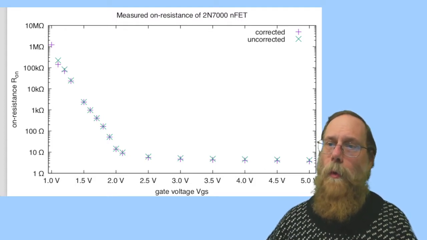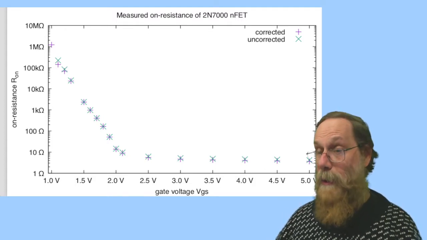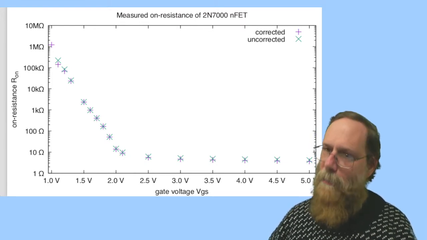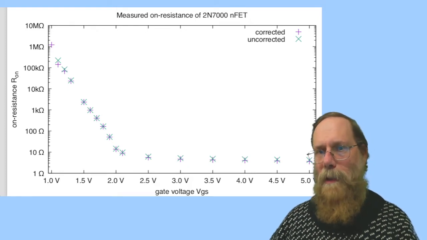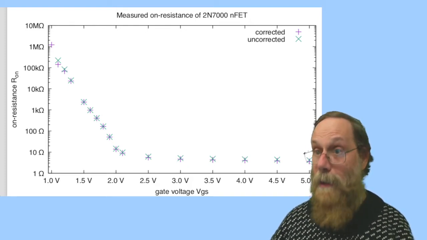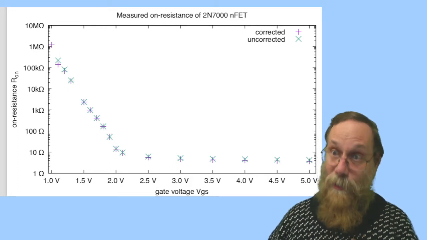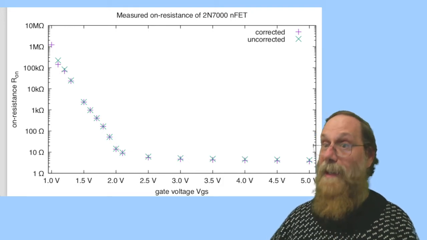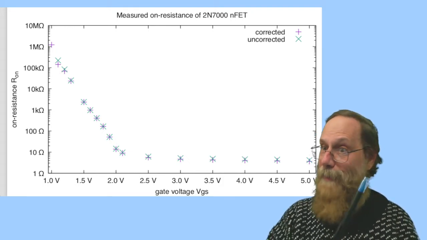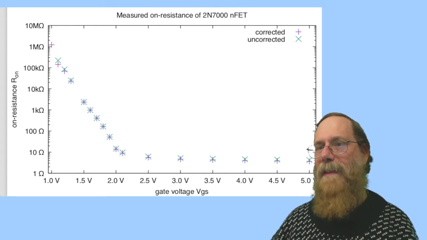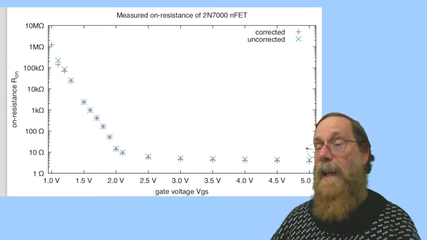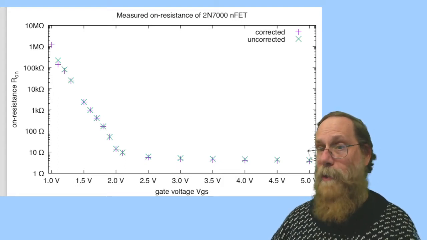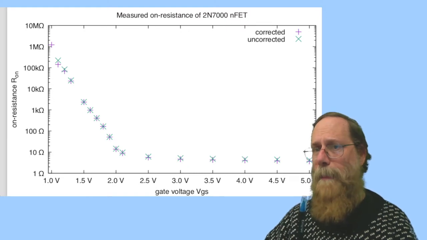This is the region where we get into what's called sub-threshold conduction, where we're below the point where we think of the transistor as being on. There's still some current getting through, and you can see that the resistance goes up exponentially. And here I mean that in the literal sense. There's a logarithmic plot there for resistance, and we're seeing a nice straight line as the voltage drops, so the resistance goes up exponentially. So the threshold voltage for a field effect transistor is basically at that corner there,